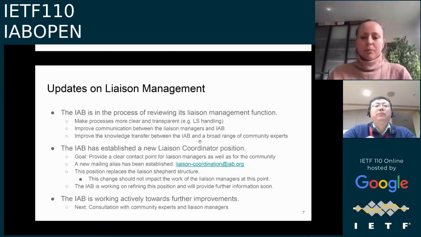So this new position basically replaces the current shepherd structure that we have. The current structure was a one-to-one structure where we had one IAB shepherd for each liaison manager. The liaison managers are stable positions because that's where the knowledge is about the other SDO, about how to interact with them. But then we had a second person on the IAB who would be the shepherd